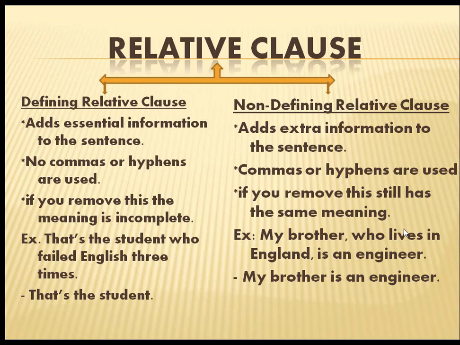That means the noun should be defined in the sentence. What is that noun? If you do not define that noun, we cannot understand the total sentence. So there must be the noun defined in the defining relative clause. What is non-defining relative clause? Without defining the noun also, we can understand the sentence. Then why are they using this non-defining? To give the extra information.